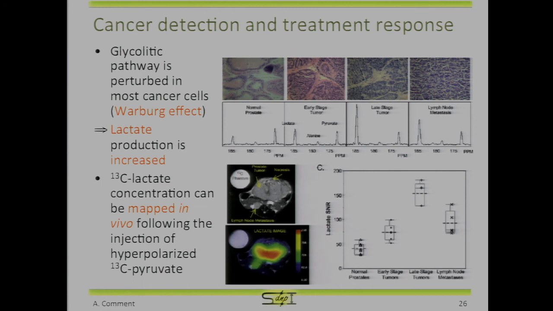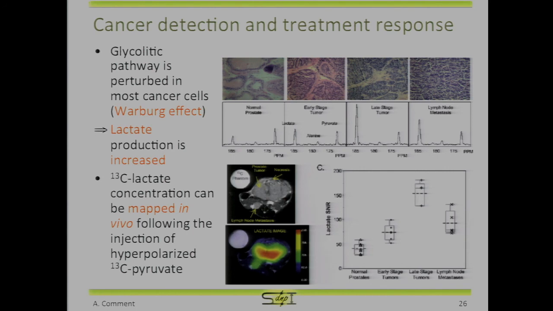So you have a high lactate content, and by infusing hyperpolarized pyruvates, you can have a ratio between pyruvates and lactate in a specific area,